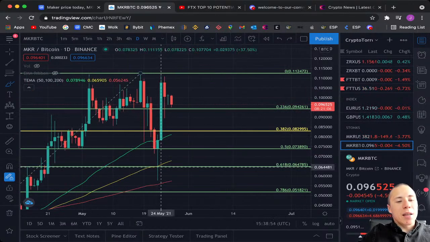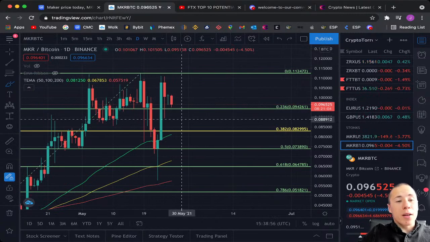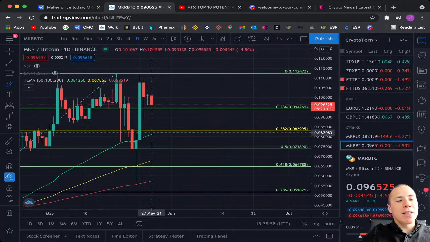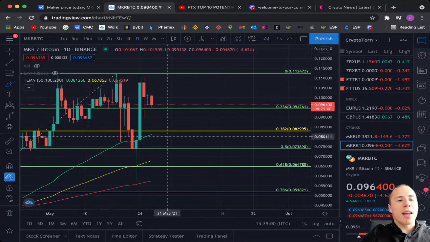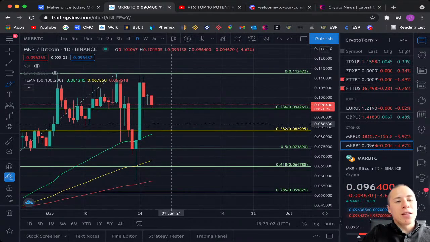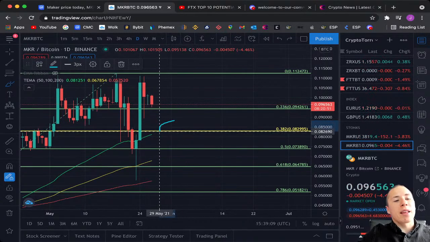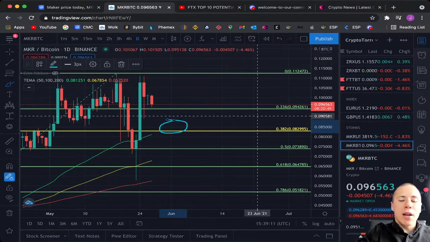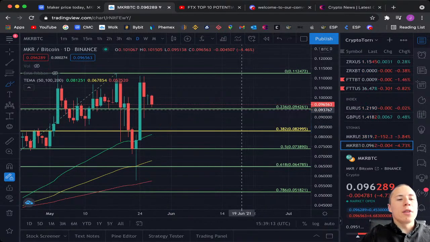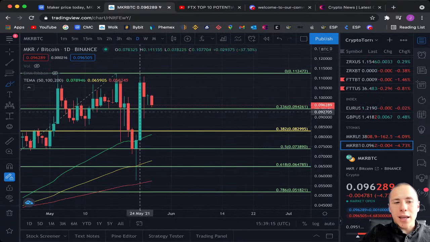So this is something in particular that's looking very well for Maker, and I think these levels will also serve as support if it decides to break towards the downside. So if it decides to break towards the downside during the upcoming hours, I personally think that the 0.382 level will be a great level to monitor closely,